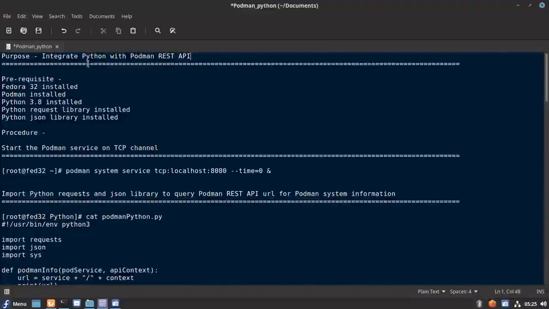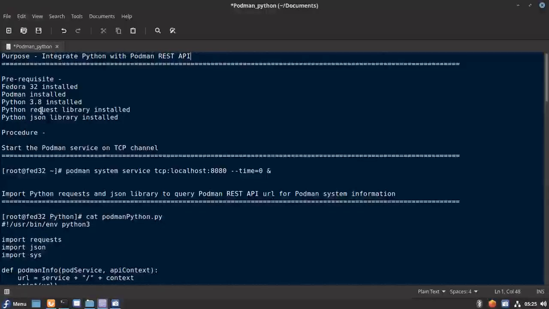I'll be going through some of the basic API services which we can trigger using the Python application. Here I'm referring to my documentation for this. As a base, we need to have Python installed. I have tested it with Python 3.8, so it should be fine with any 3.x version you have.